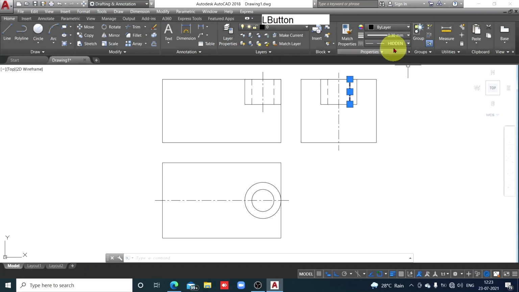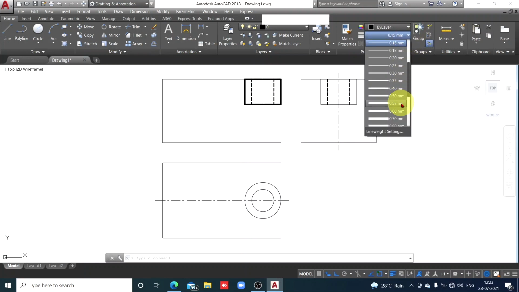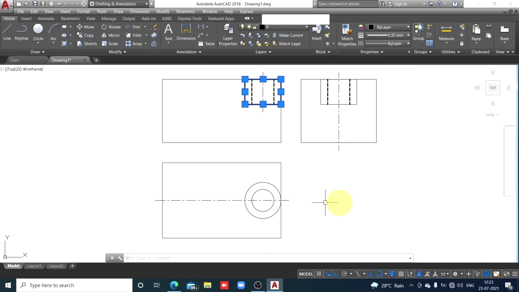Now select it, match properties, and these are the hidden details. Now the boundary of this rectangle, take it. Make it 0.35. Escape.